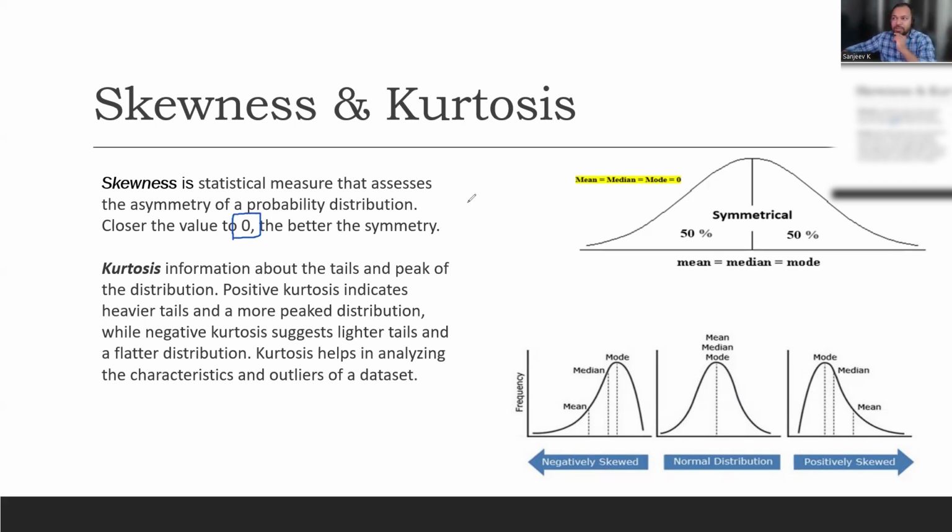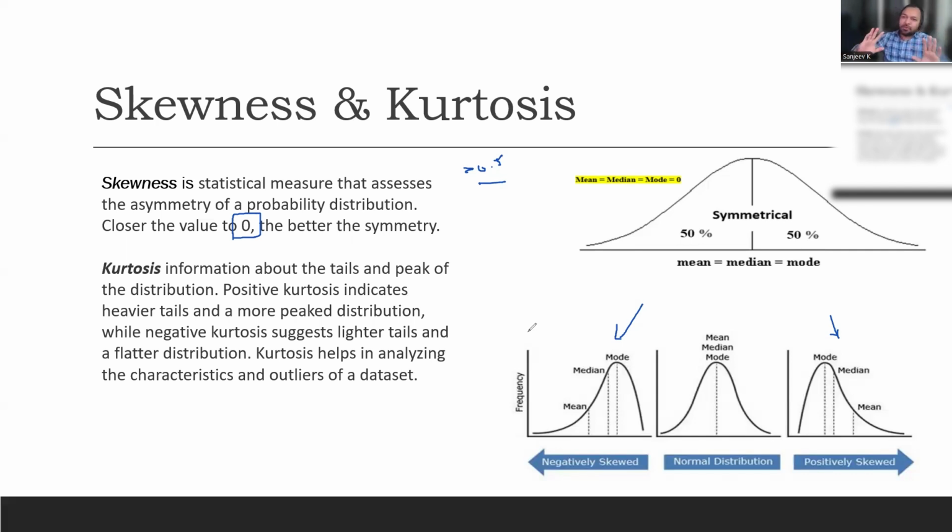So what happens if the skewness is greater than 0.05? It means that there is asymmetry in the data. Then you'll end up with a data set like this, negatively skewed or left skewed, or a data set like this, right skewed or positively skewed. By measuring the skewness, I can use the stats model in Python, stats.skew, and I can pass the data set to it, and it'll come up with some value.